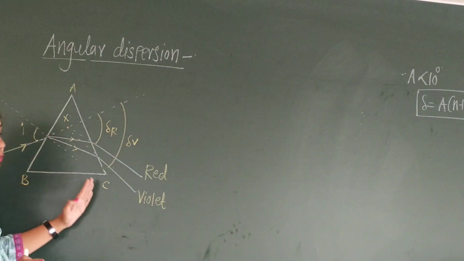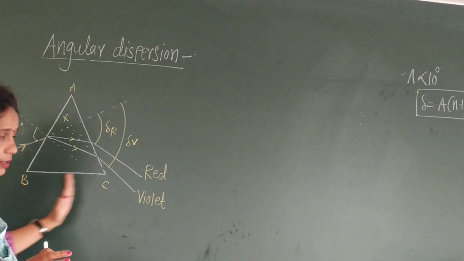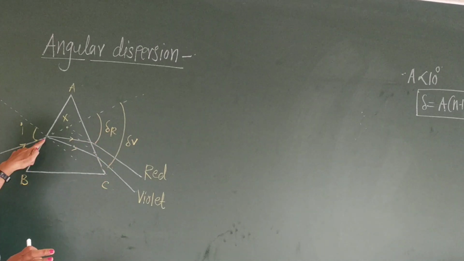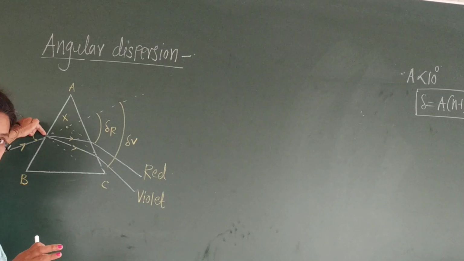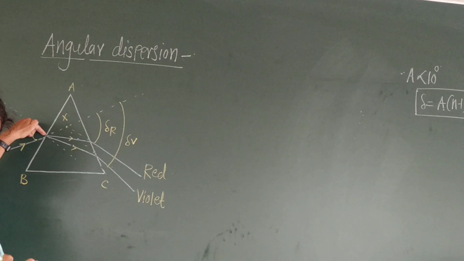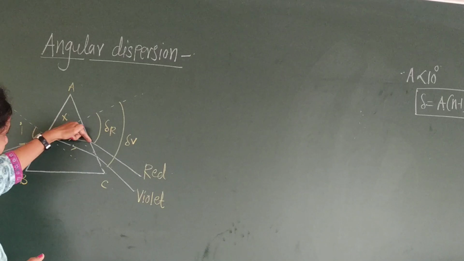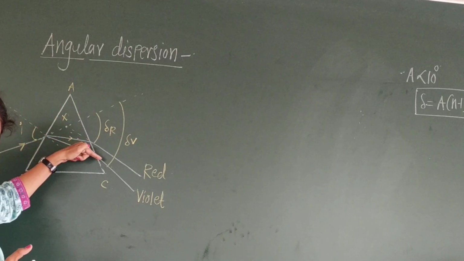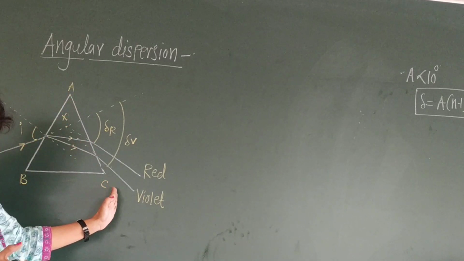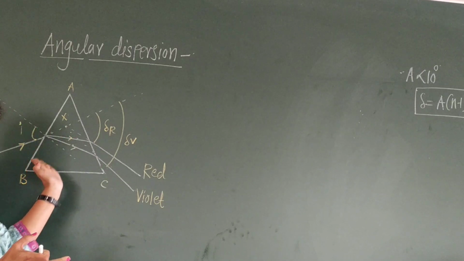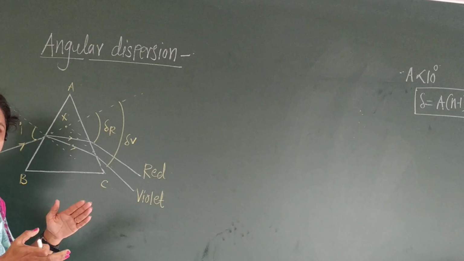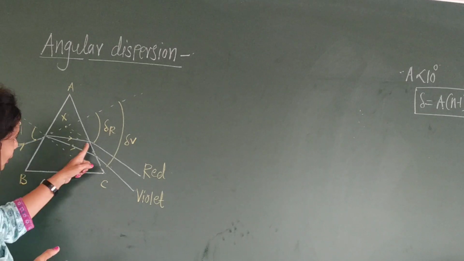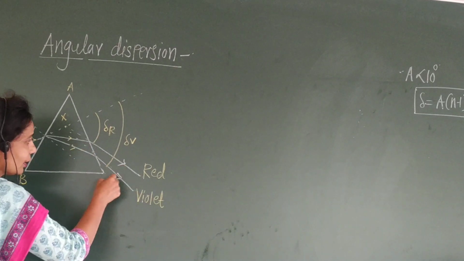This is what we have shown in the figure. This is the prism. This is the incident ray. When this incident ray strikes at this point, the rays are refracted. These are the refracted rays. Again, this is the refracting side. When the light rays travel from the denser medium to the rarer medium, they bend away from the normal,